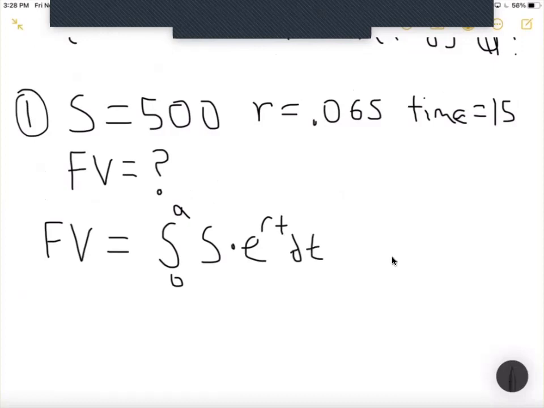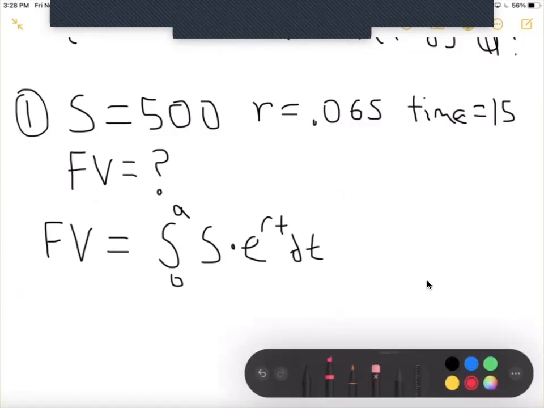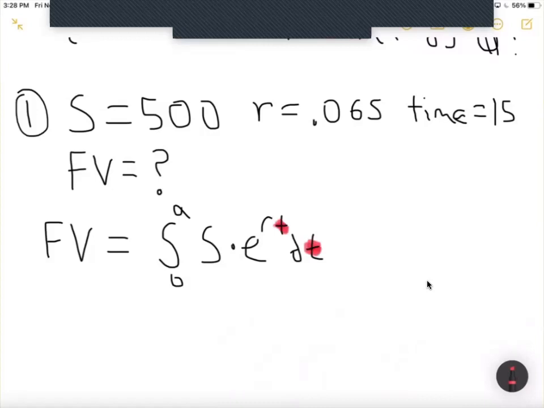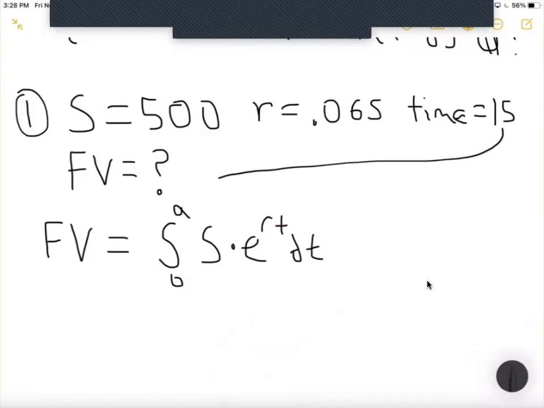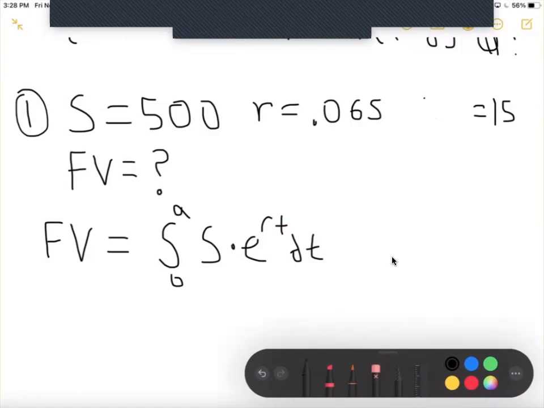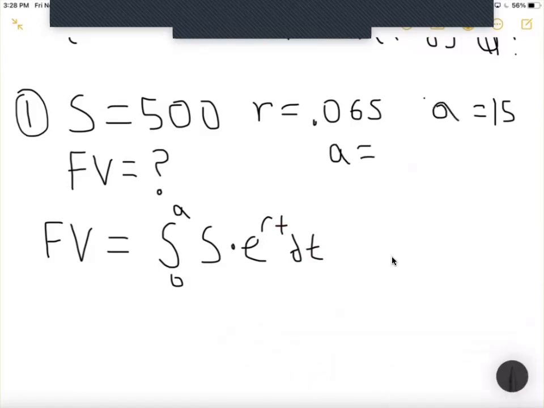Now, the reason why we have to be careful with this time is this time actually does not refer to t here. T is kind of a variable. T represents all the years. So T represents the first year that we're doing this, the second year, the third year, the fourth year. It represents all of those years. So time in this situation, our 15 years, actually is not going to be 15. 15 is actually related to our A value, which is our ending time. So that's something we haven't talked about yet. So let's make sure that that's clear. A is going to be what 15 is equal to, and A represents our ending